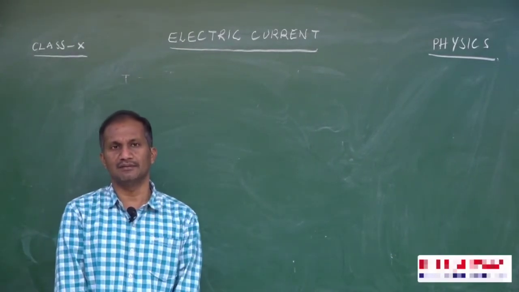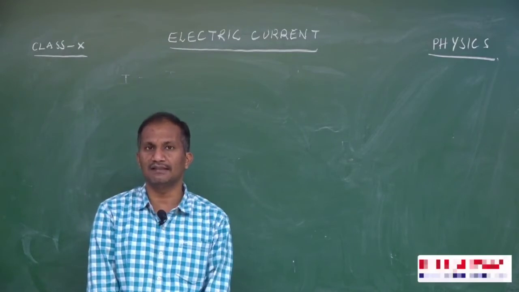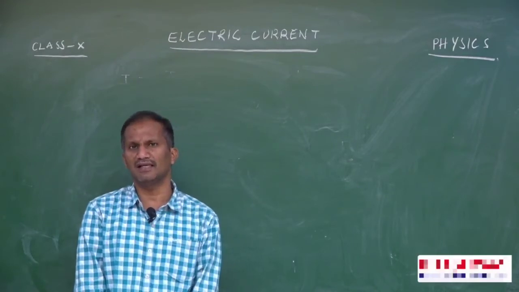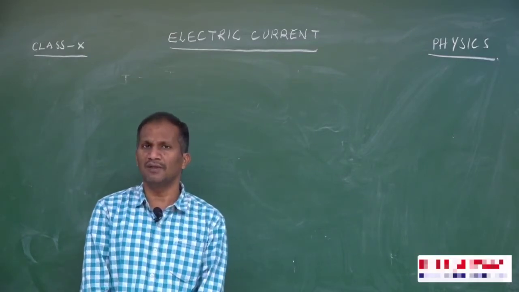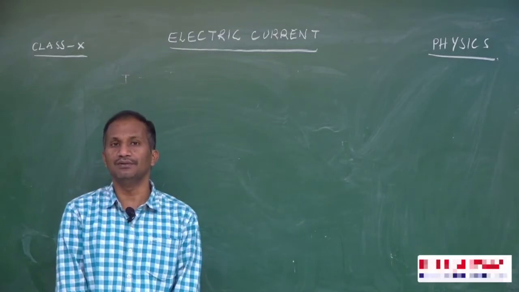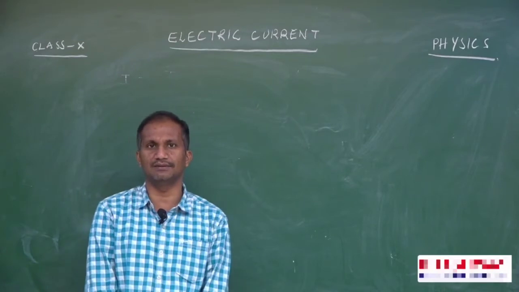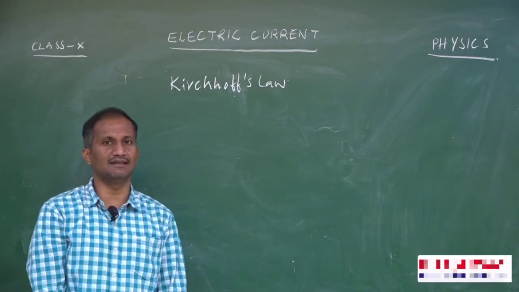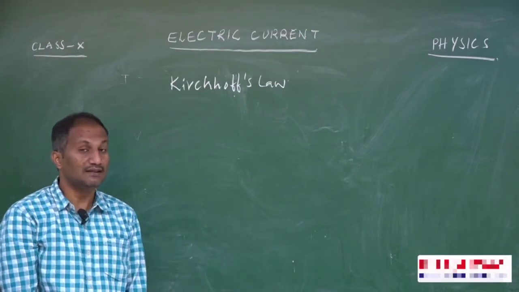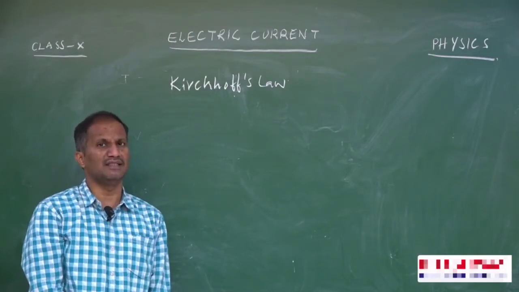If more cells or batteries are present in a circuit, finding the resultant resistance or the equivalent potential is a complicated process. To solve the complication in such kinds of circuits, we use Kirchhoff laws. Remember it, to solve very complicated circuits, we should use Kirchhoff laws. Now we are going to discuss these Kirchhoff laws. There are two types of Kirchhoff laws. First one is junction law, another one is loop law.